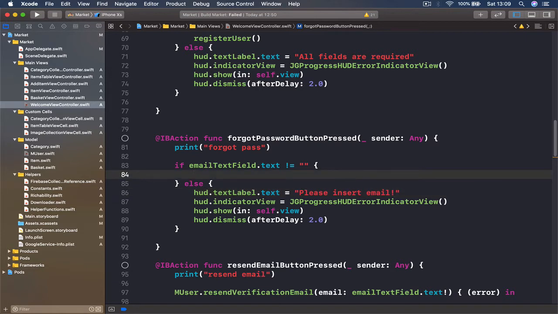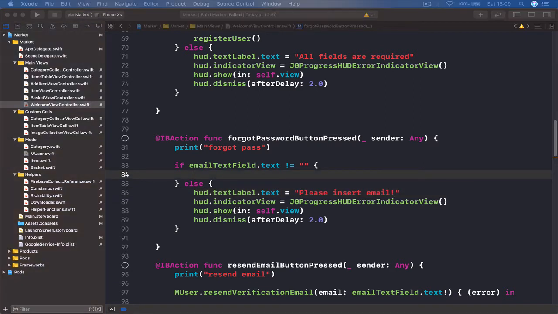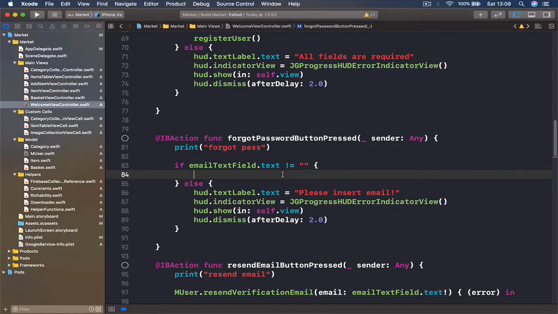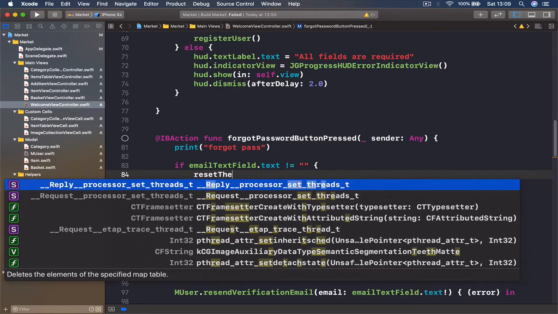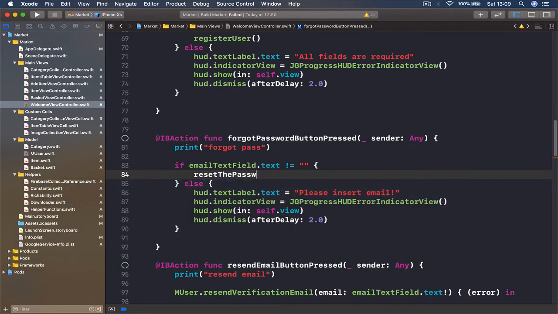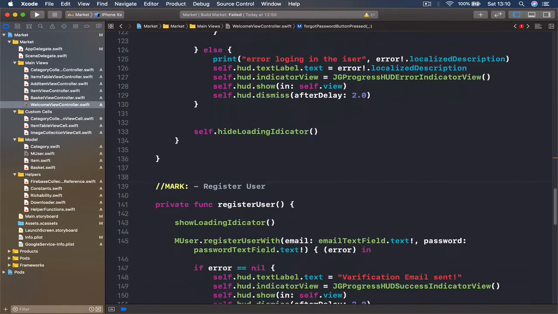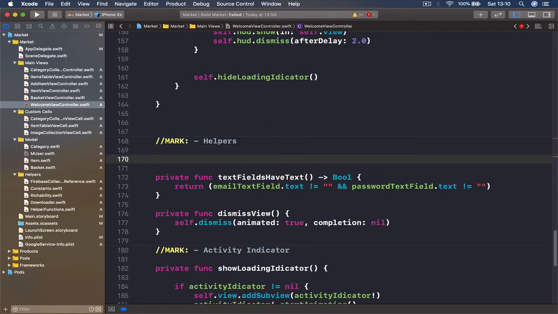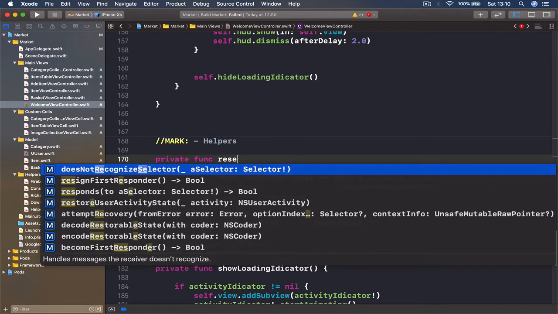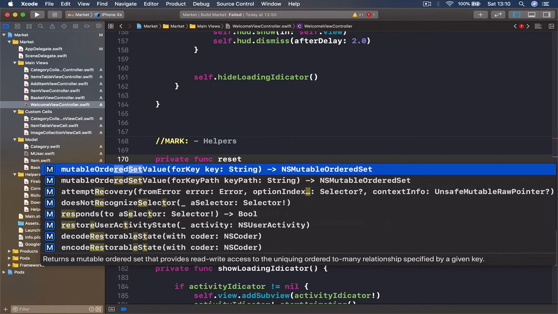And in case we do have an email, we are going to write a function to reset our password. I'm going to call the function now. It's resetThePassword. And this function we are going to write under our helper functions. So it's private func resetThePassword,